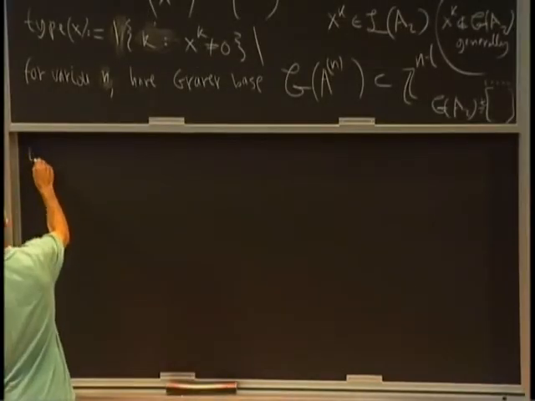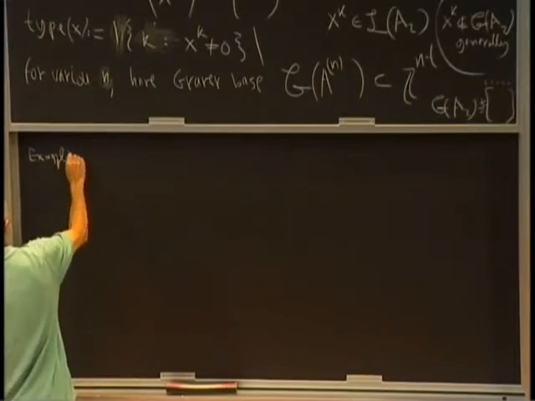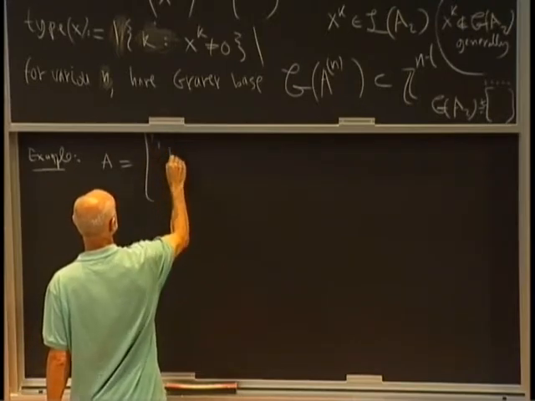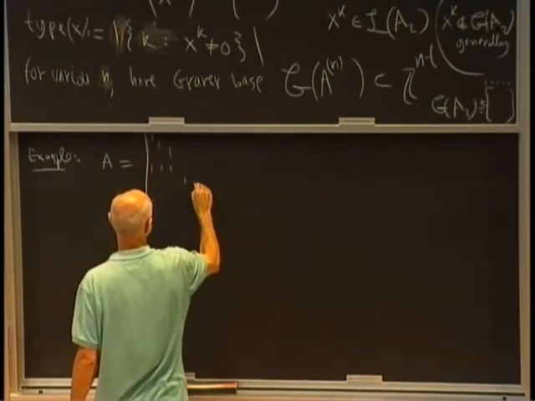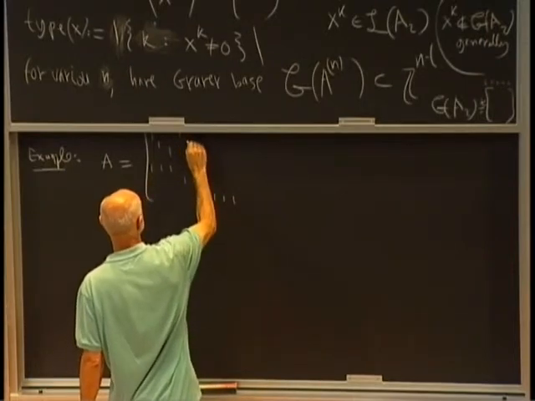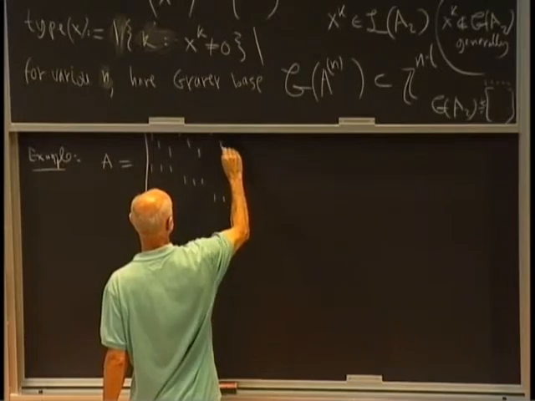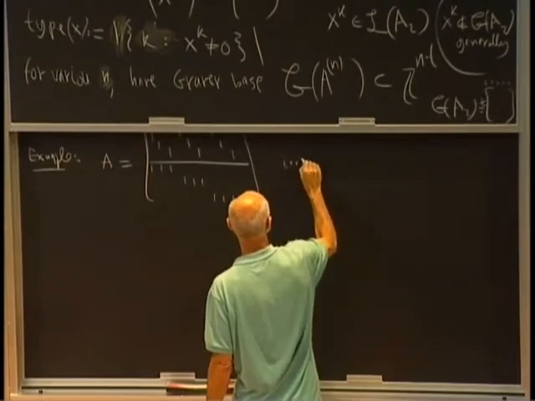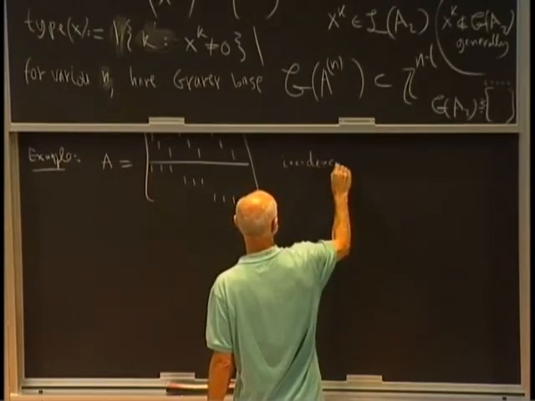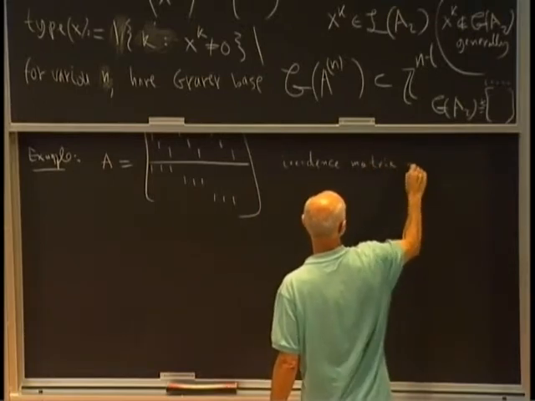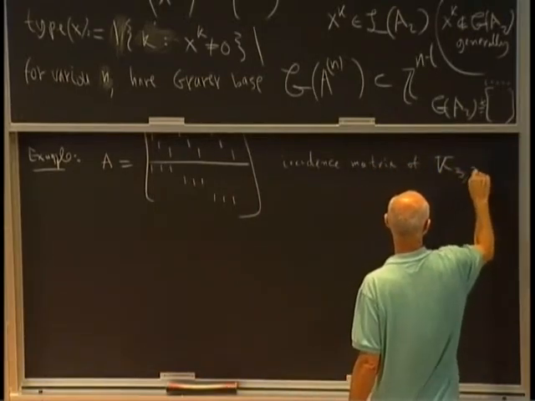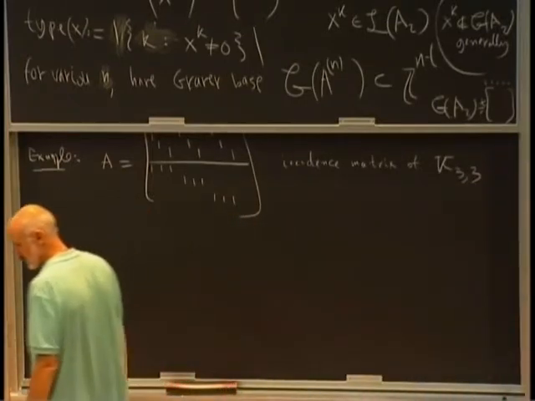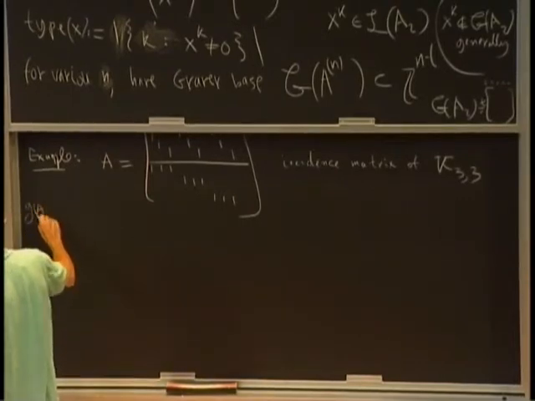So here's an example. It's not an example of computation, just suppose my bimatrix is this. This is the so-called incidence matrix of the complete bipartite graph K33. Then G of A